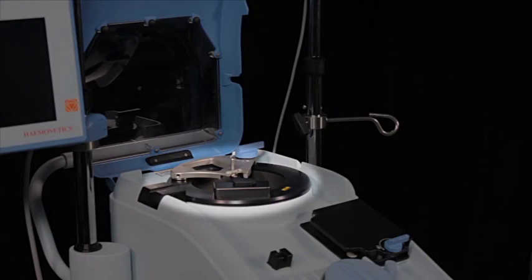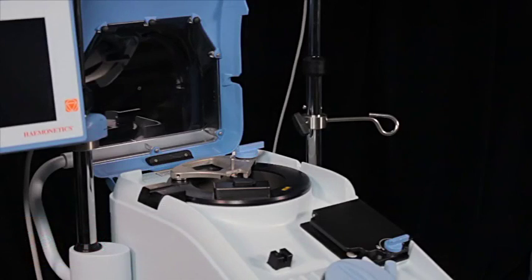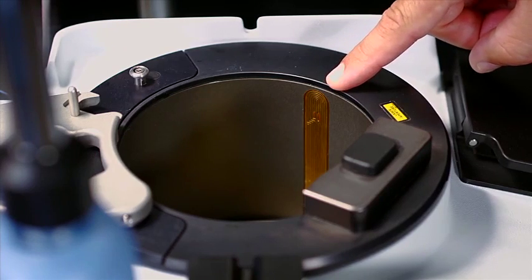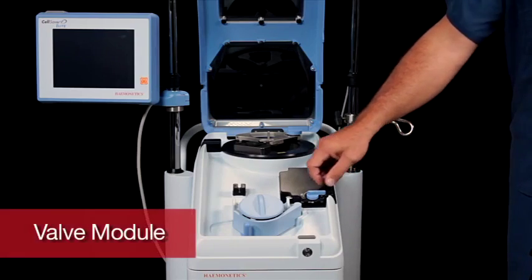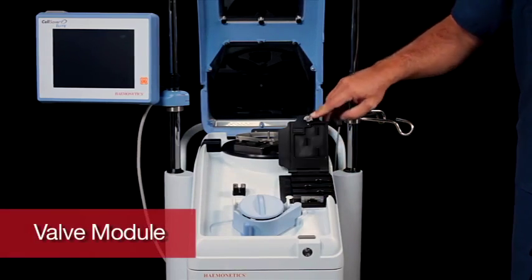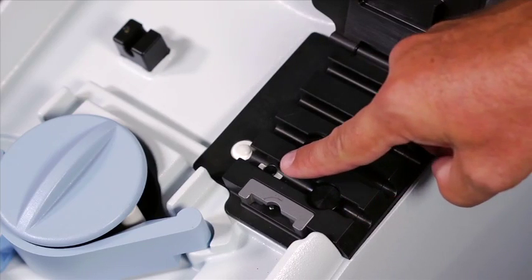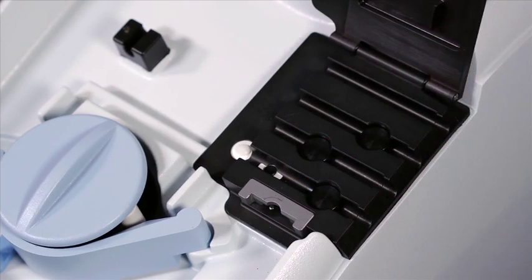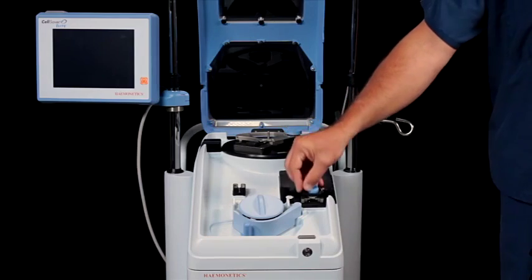This is the centrifuge system, which contains the centrifuge chuck and holds the bowl during processing. It also contains a leak detector and the dual optics. The valve module, which has valves to open and close the appropriate tubes during processing. It also has a pressure sensor to detect a blocked line, and a sensor to detect that the disposable is